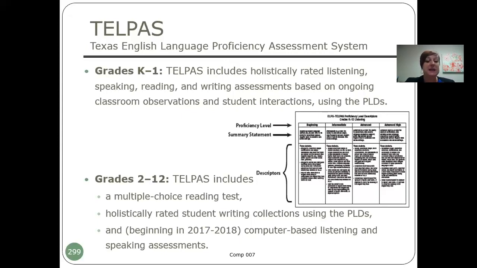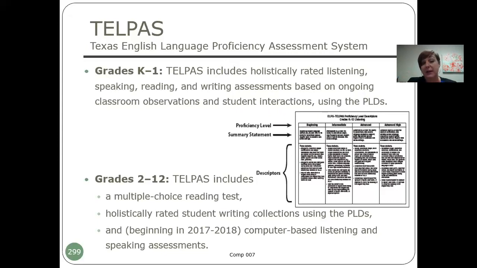They're going to still be taking that multiple choice reading test, the computer-based test, and then we will also still be holistically rating writing. We're still going to be collecting those writing samples, and teachers will be certified raters in order to holistically rate the writing samples using the proficiency level descriptors. However, starting in this coming school year, 2017-18, the listening and speaking assessments will actually be embedded in that computer-based